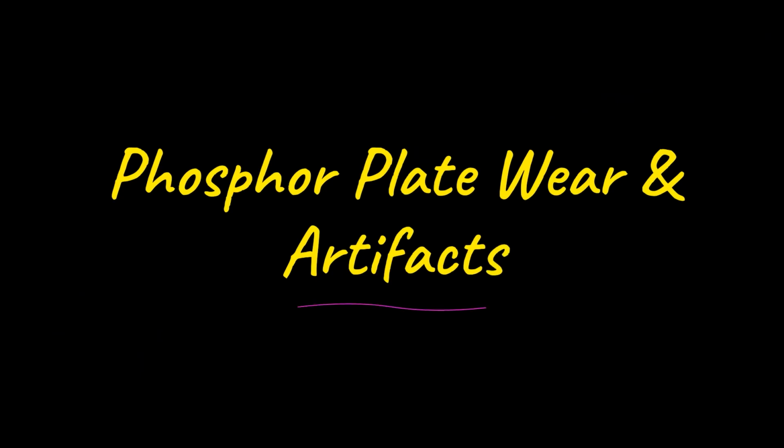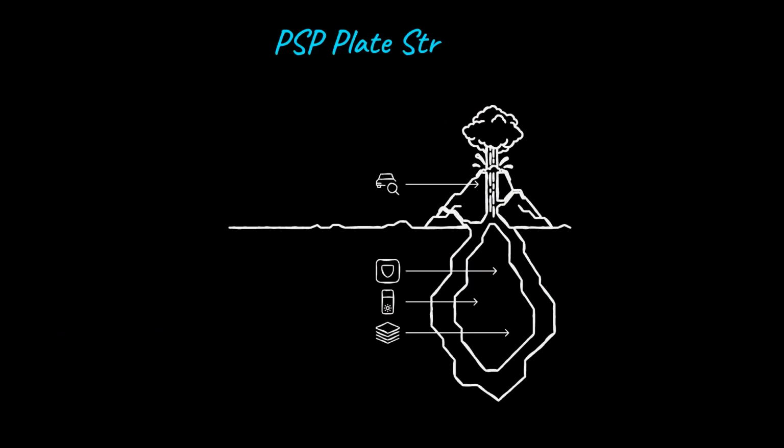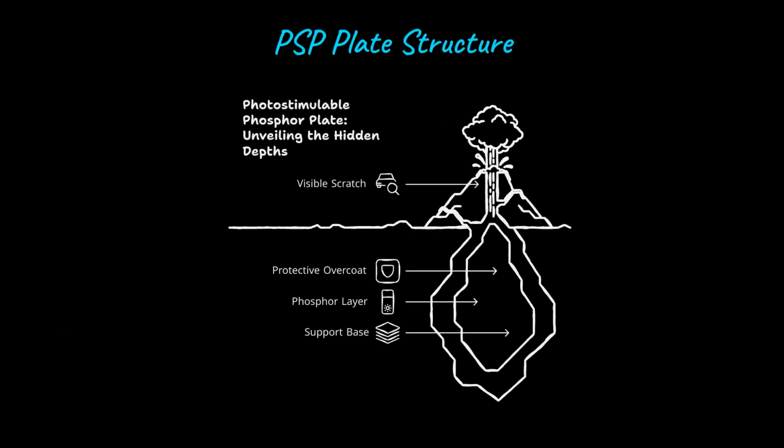A photostimulable phosphor plate is a reusable image receptor that stores X-ray patterns in a delicate phosphor coating. Because it's used again and again, physical damage accumulates over time rather than resetting, and that's what makes it unique among image receptors. The phosphor layer is what captures the X-ray image, but it's soft and vulnerable. Every pass through the scanner, contact with a holder, and routine cleaning gradually wears down that surface, leaving scratches and